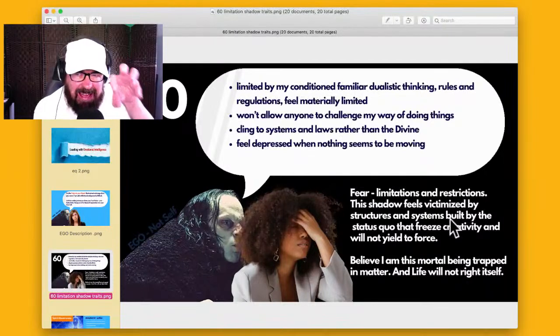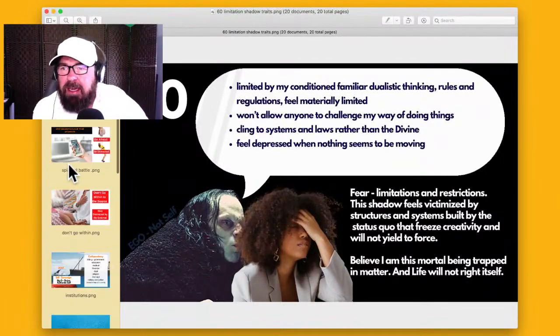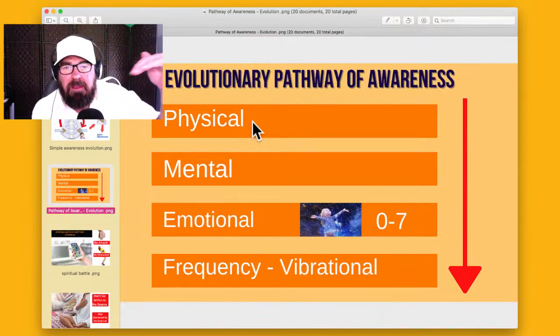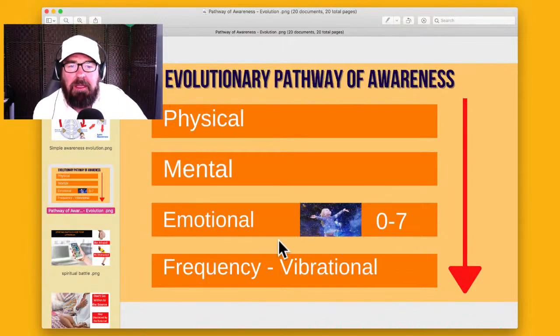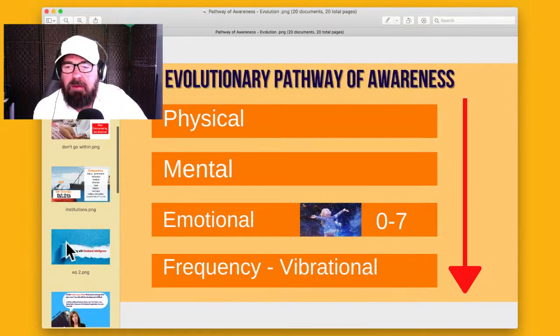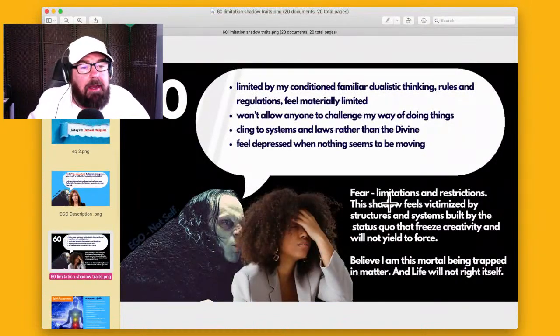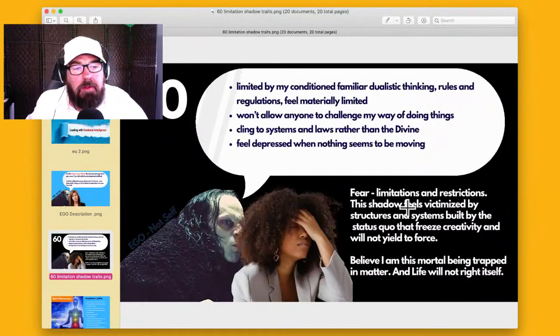So you can see it's like staying stuck. And what it is, too, is staying fixated in this path of awareness, staying in the physical and then the mental, not going down to the vibrational. That will keep you in shadow. And then the belief system, because everyone has a belief system.